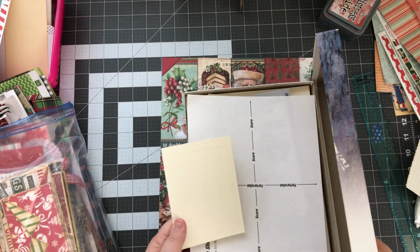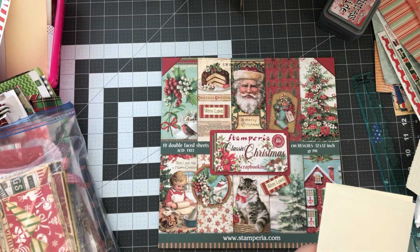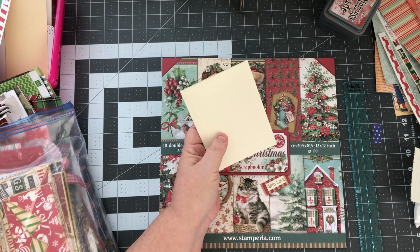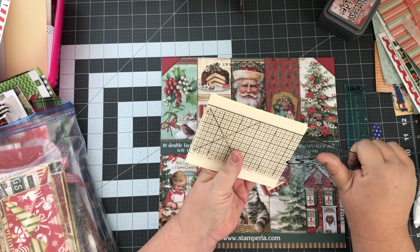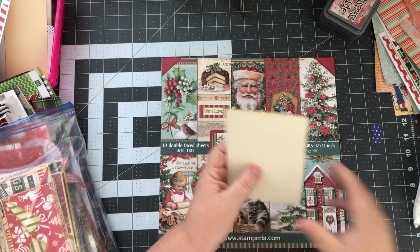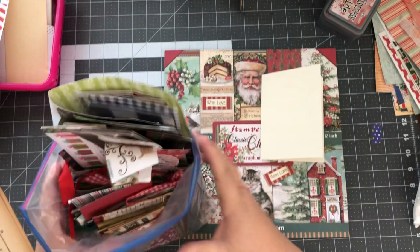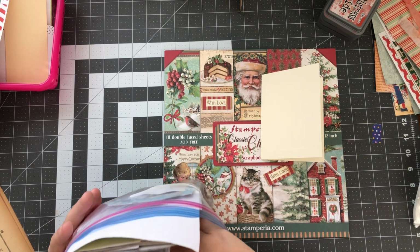Now, you don't have to have these. You can use plain cardstock, printed cardstock. Basically, I think it's an A2 size card, note card. Yes, A2. It's 4 1/4 by 5 1/2, so it's an A2 size card base. So you can use pretty much anything for that. So I want to make sure I've got scraps enough to cover the size that would cover